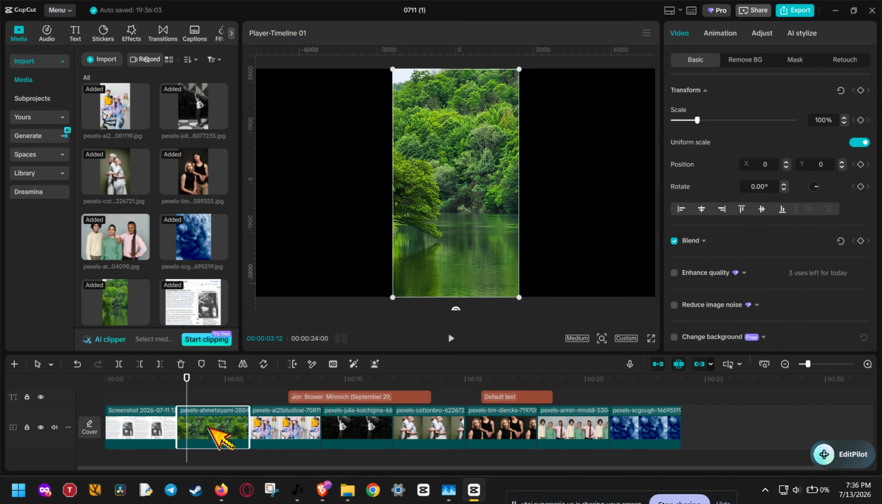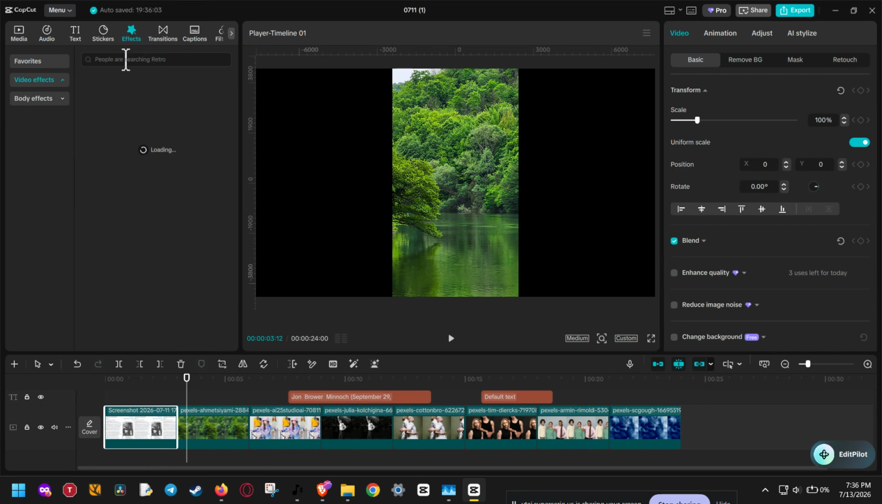First, open CapCut and select the clip you want to turn into a 3D effect on the timeline. Make sure the clip is highlighted because the effect needs to be applied directly to that specific video layer. Once your clip is selected, go to the Effects tab at the top left of the screen. This is where CapCut keeps all of its visual effects, and we're going to use one that gives us a